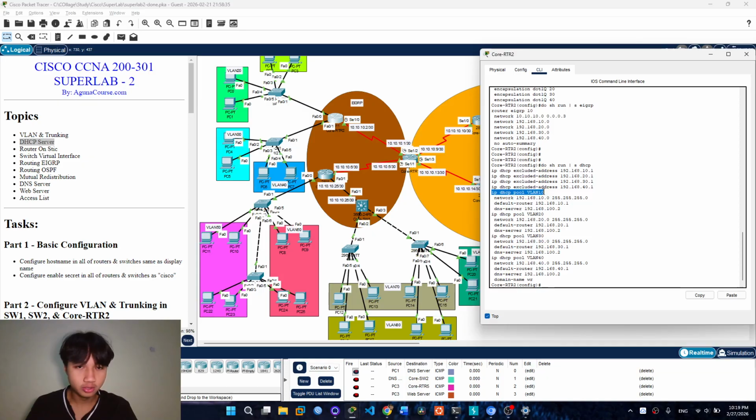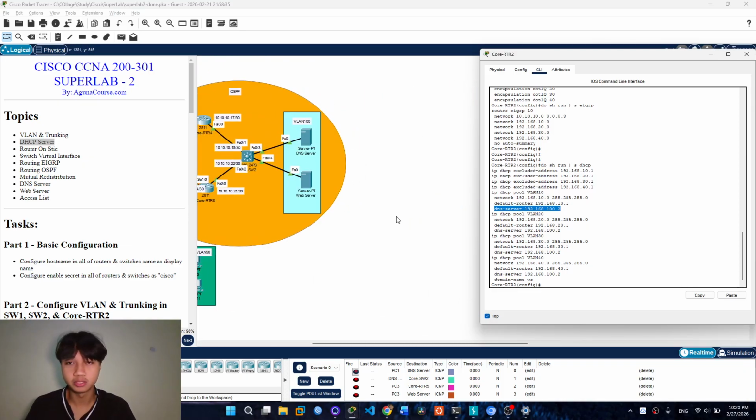You can see ip dhcp pool VLAN 10, and then add the network 192.168.10.0, and then add the subnet mask 255.255.255.0, and add the gateway or default router. This is 10.1, and the DNS server, because we want to access the web server from this server.